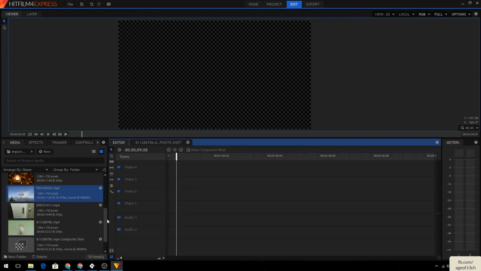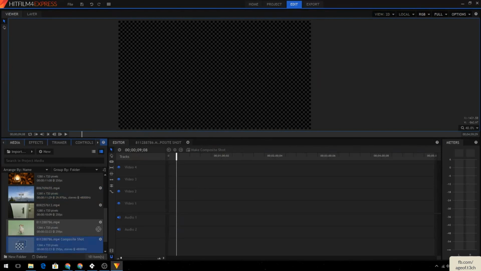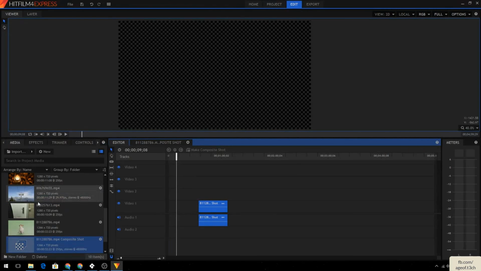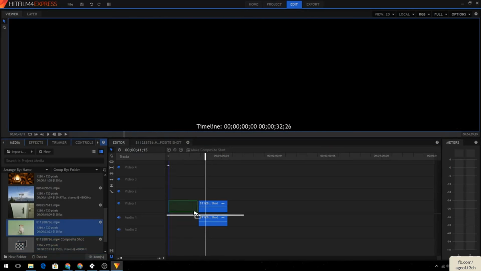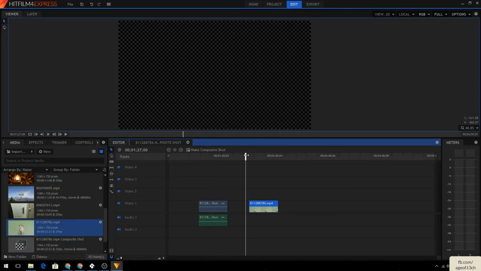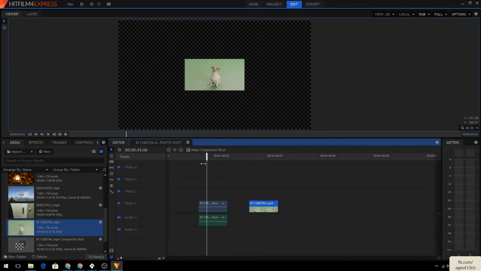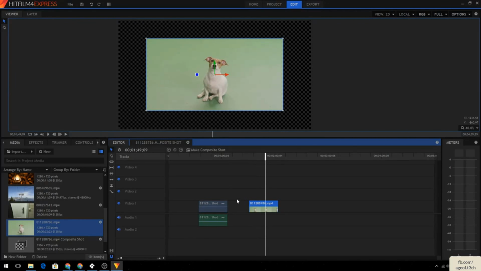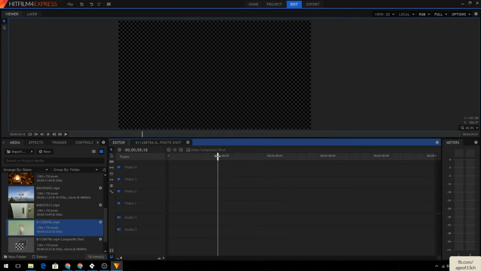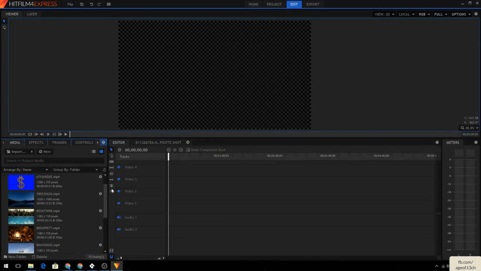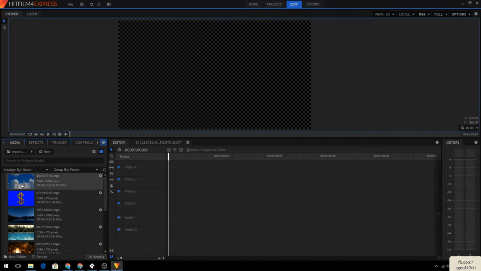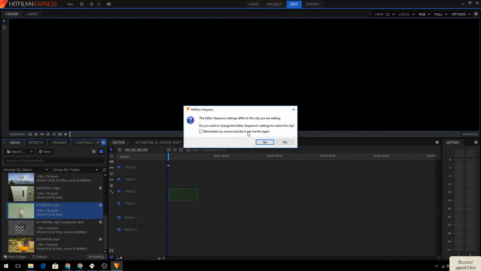Now, I will say this specific composite shot, if you drag this into here, it'll be thrown into the media section, and you can see here this is very different. If I drag the plain video file that we created a composite shot from, it's not going to be affected by it. So this currently has the effects, this doesn't. So Make Composite Shot is very similar to the Adobe After Effects feature, but let's go ahead and get right into